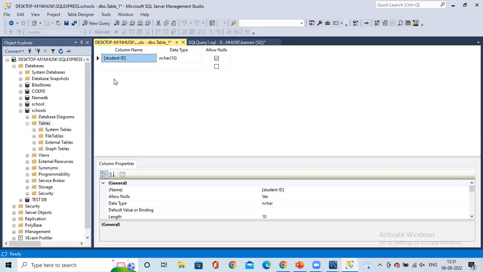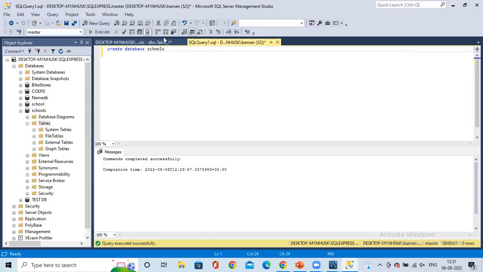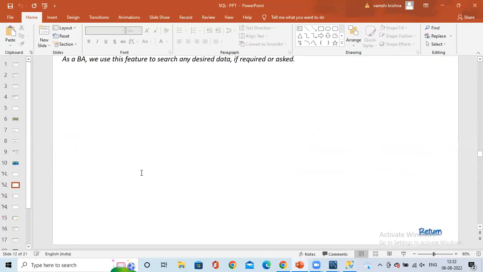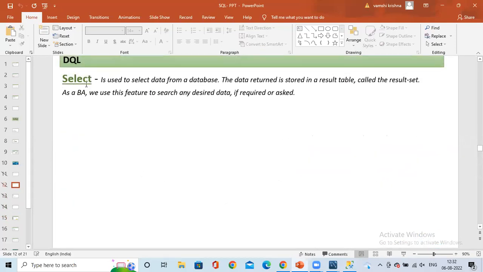Right, like that, you create these tables and we create the queries. That is what we will do. So to extract or pull data, what query should be written? I'm just asking, not asking you to do it. What can I write to extract or to view? Select. Do you see this on my screen? Select. DQL. To select data from a database, you need to say select and then what is the data that you want to pull out.